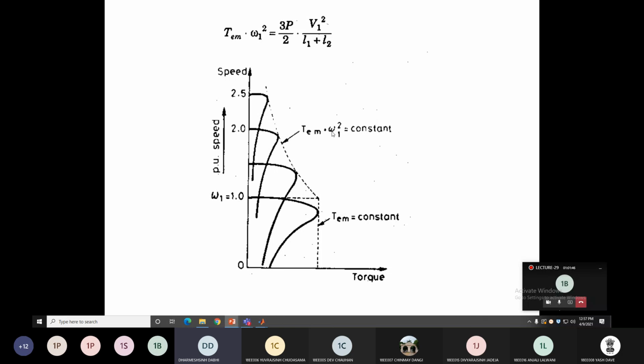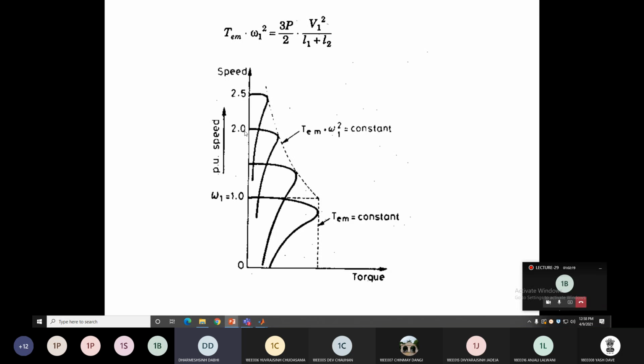Here you increase the frequency, it means that it will increase the speed. So what will happen? The maximum torque of the induction motor will reduce, because this product remains constant, because this value remains constant. So you can see that the maximum torque here at the increased frequency is less than the maximum torque that happens at the rated frequency. At the rated frequency, this is the maximum torque. But at an increased frequency more than 50 hertz, as the speed increases, the maximum torque will reduce.